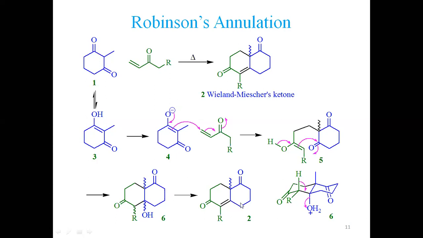Then a double bond at this position. So this structure is formed as a consequence of a donor-acceptor and donor-acceptor species twice. So what does it result in? It results in the formation of this entity, which is commonly called Weiland-Miescher ketone. Both Weiland and Miescher, Robinson basically presented a general protocol, but Weiland-Miescher ketone, this type of structure, you see, we